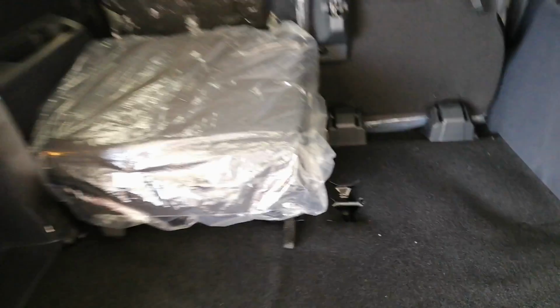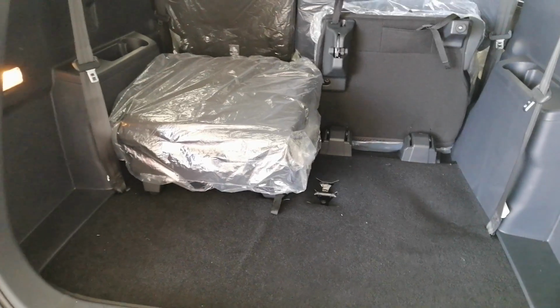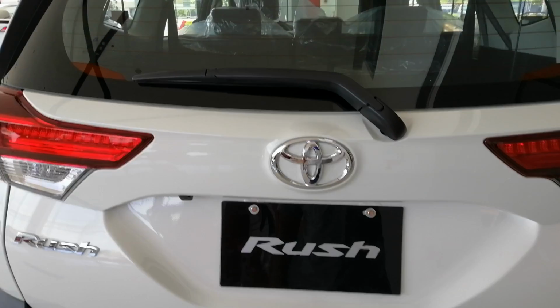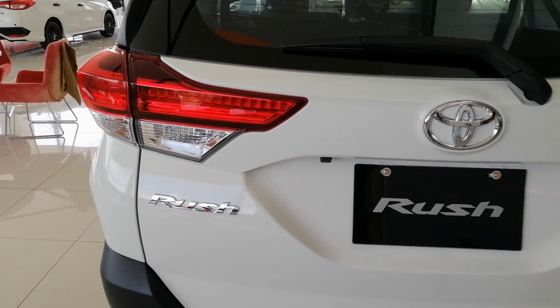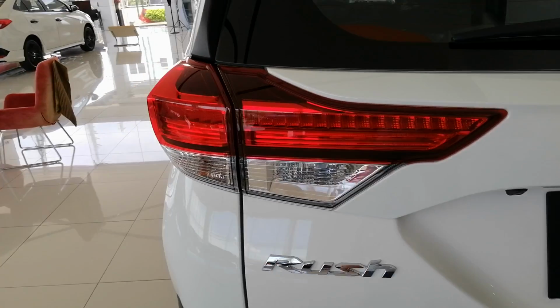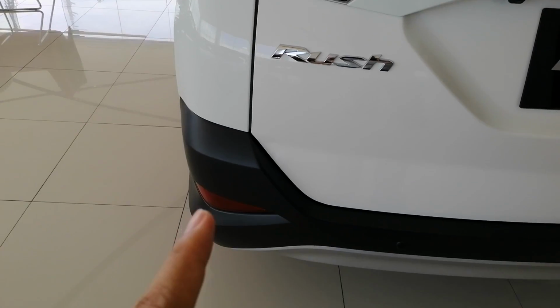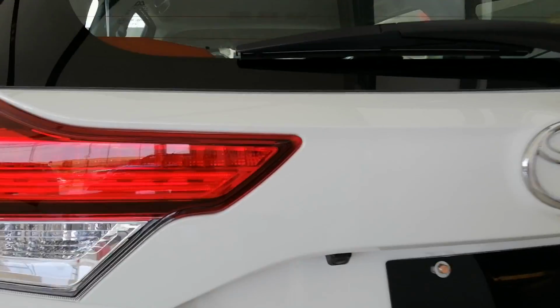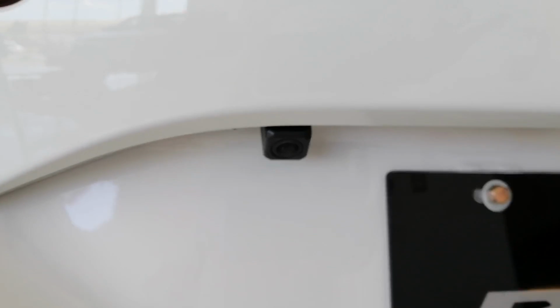Okay, got to do the back. So here's what the trunk space looks like, and so it's got here's your rear lights. It's got this black cladding. Got your rush. Backup camera. So for less than 1 million, you get a backup camera, and you get